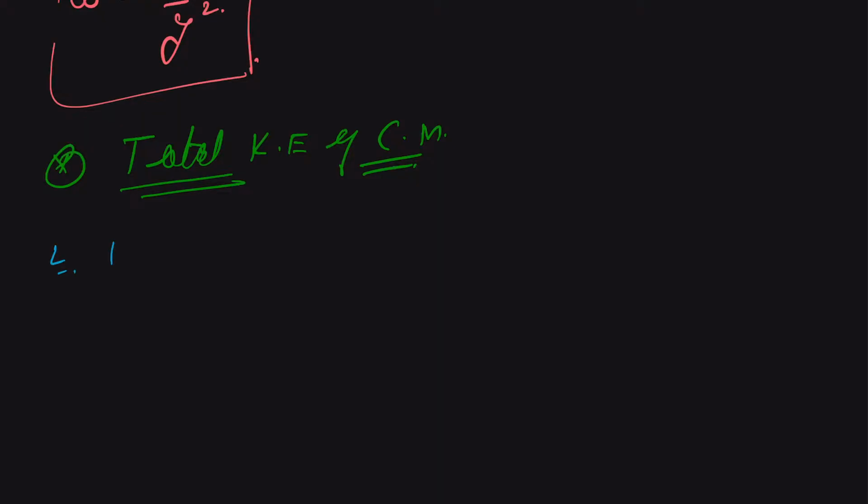So we can say our kinetic energy translational of center of mass, and for that we will be requiring the velocity of the center of mass, because translational will be equal to half m v square, and velocity of center of mass